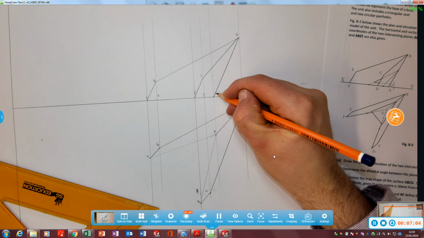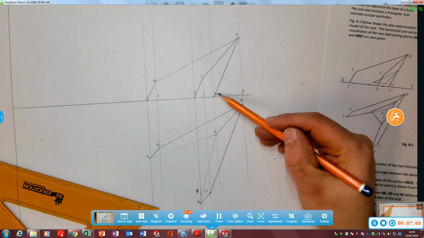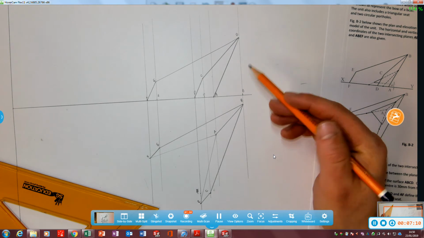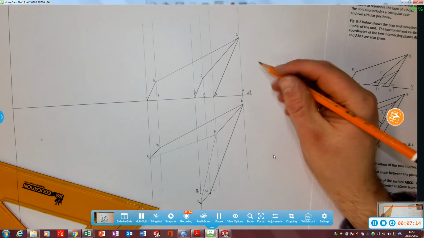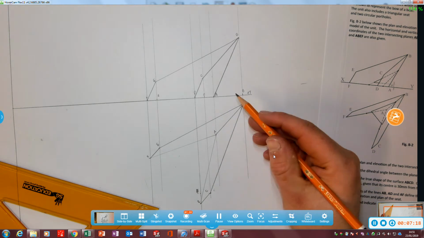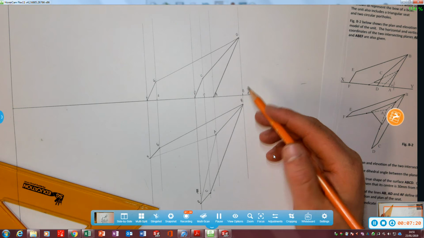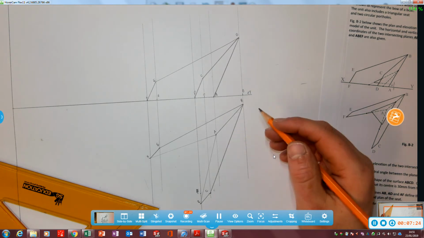AB is not a true length in elevation or plan, because if AB is not parallel to the XY line in elevation, it is not a true length in plan. If AB is not parallel to the XY line in plan, it's not a true length in elevation. If AB does not appear as a point in plan, it is not a true length in elevation,